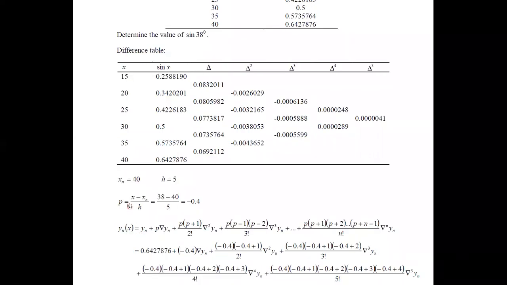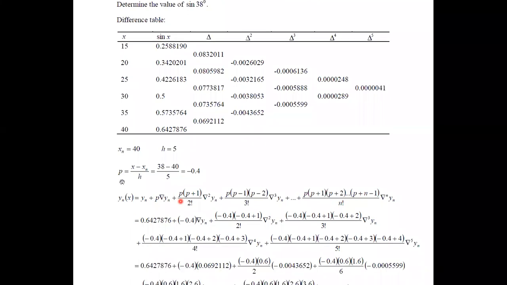Here, I am not going to consider obtaining the polynomial. It is because here we have numeric values with several decimal places. Therefore, I am not interested in identifying the polynomial, since I just need to identify the value for a single point. Therefore, I will directly do the substitution and do the calculation. Here, p can be obtained as x minus xn divided by h.